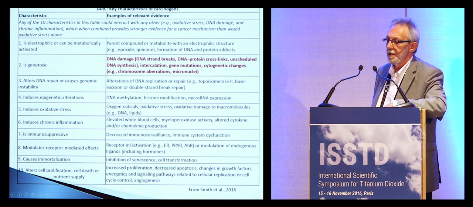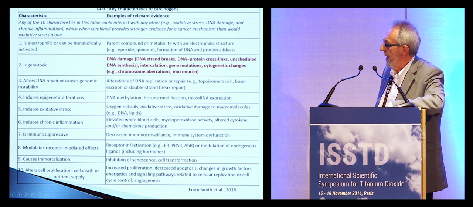It's not clear whether these are presented in any order of priority, but logic to me says they probably are, and that those at the top of the table carry more significance, more weight in terms of a characteristic of a carcinogen than those at the bottom. I've highlighted in red genotoxicity.